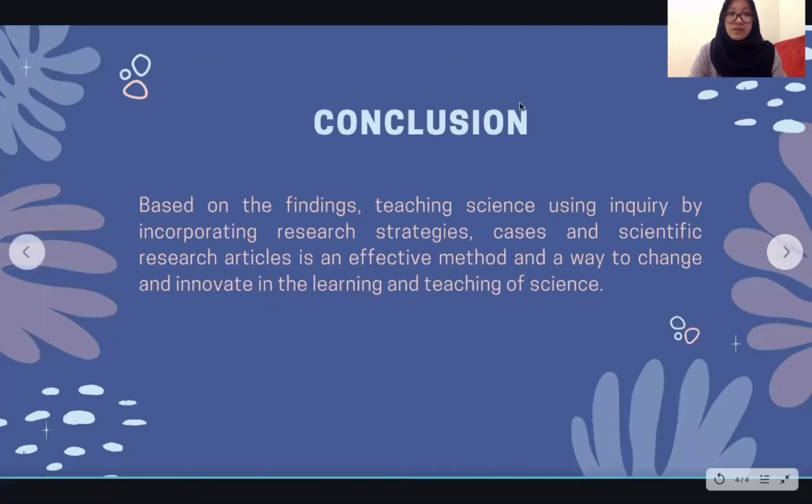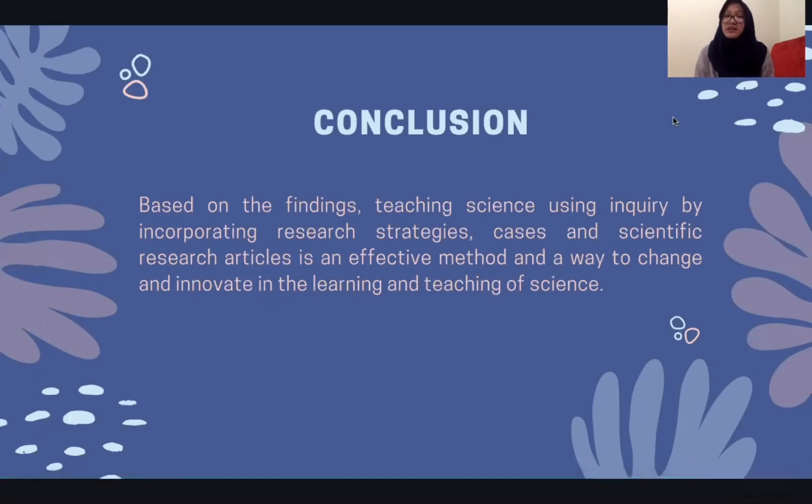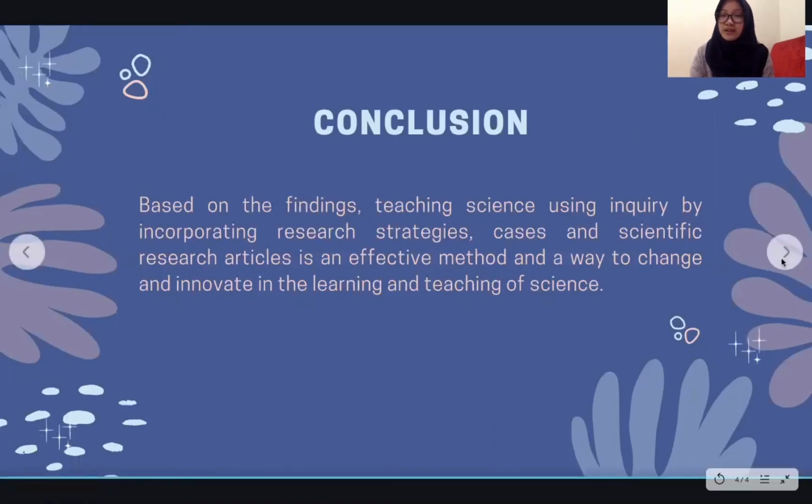And for the conclusion, based on the findings, teaching science using inquiry is an effective method to change and innovate the learning and teaching of science. So we need to know that the era here is improving. So us future teachers will have to also improve. So next